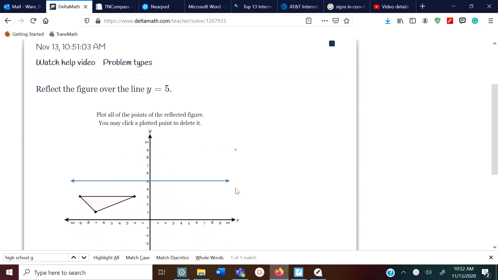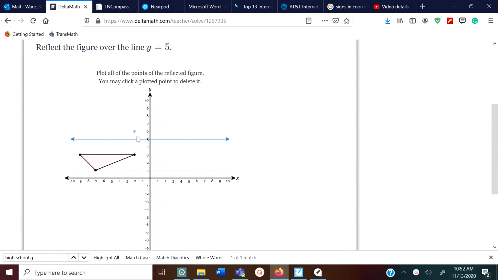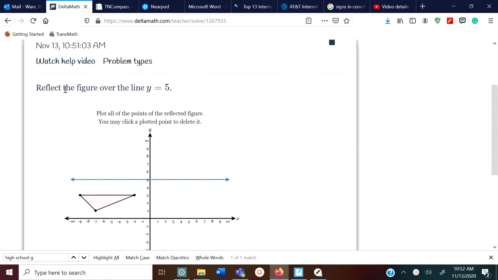Alright, so here they give you the shape and they want you to reflect the figure over the line y is equal to 5. So they give you the line. What you want to do is count to the line, and then once you get there, count that same amount on the other side of the line. So right now I'm going to pick this dot here, and I'm going to count 1, 2,